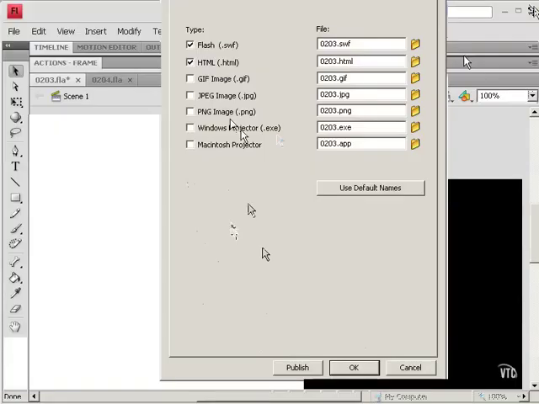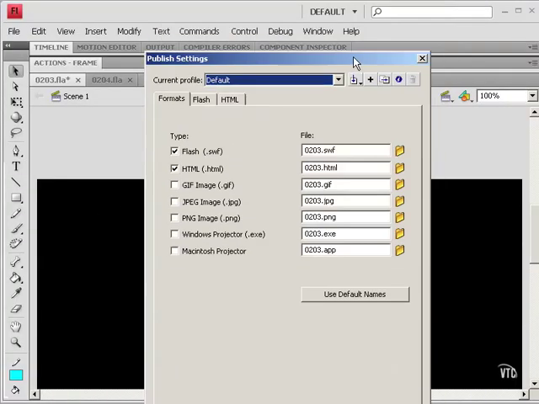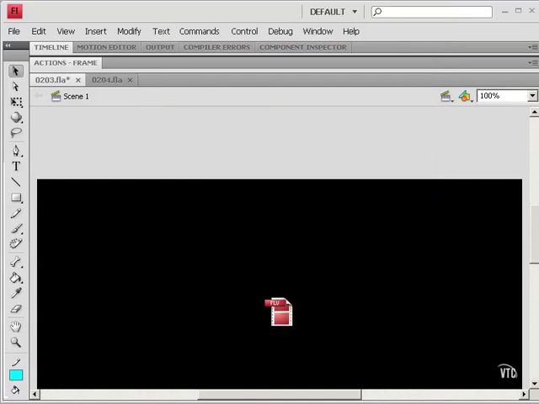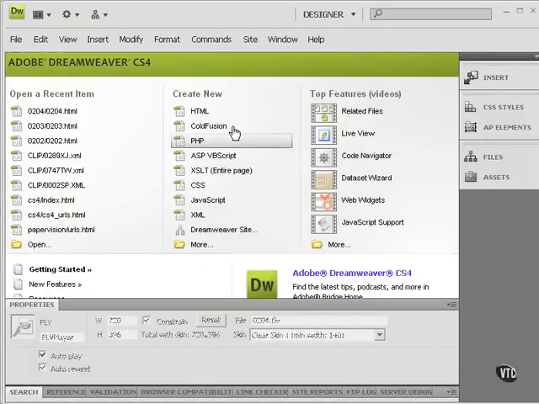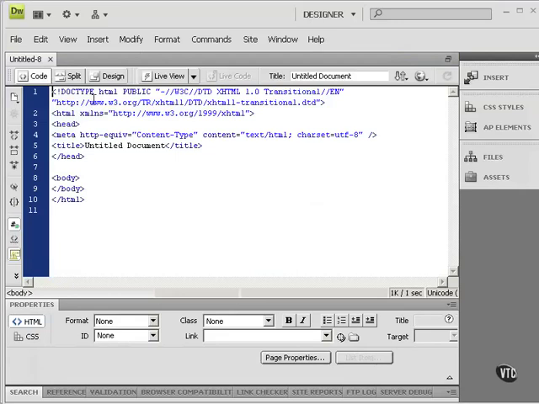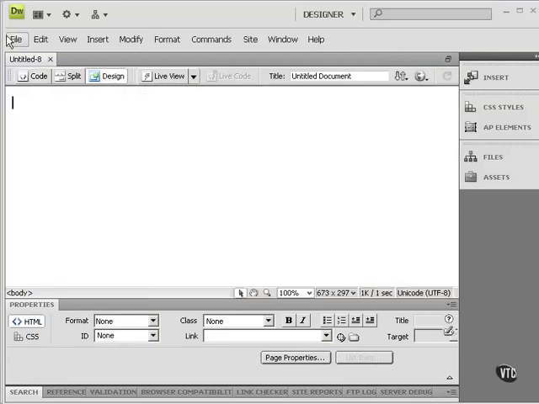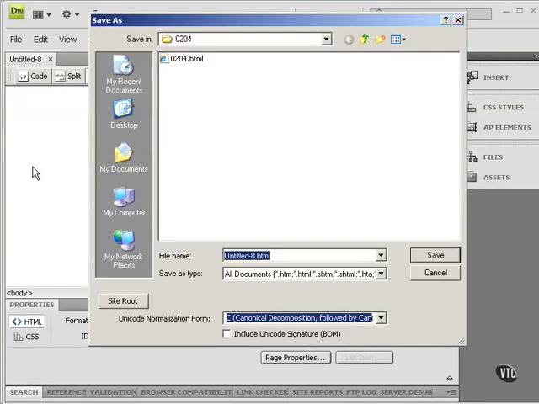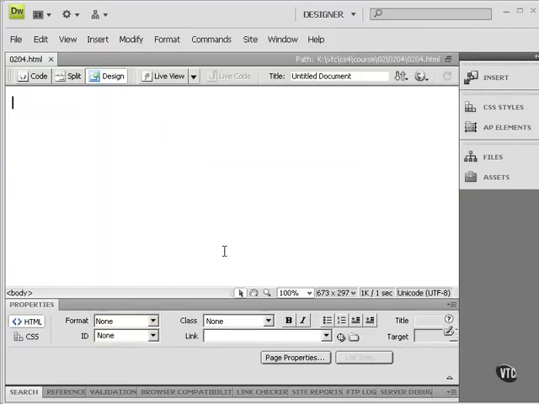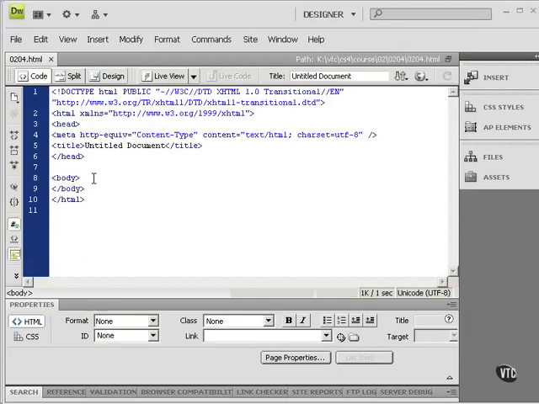Now let's look at another way of doing this using Dreamweaver. The first step is just to create a new HTML file. And this is just a generic HTML file. It's empty. I'll save it. I'll save it over this 0204. So it positions me by default right in the middle of the body tag, and that's where I'll insert my video. Go to Insert,